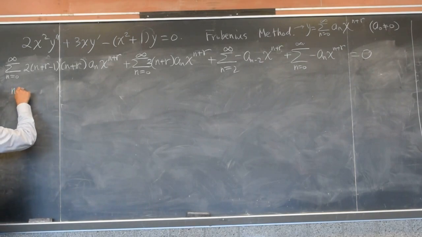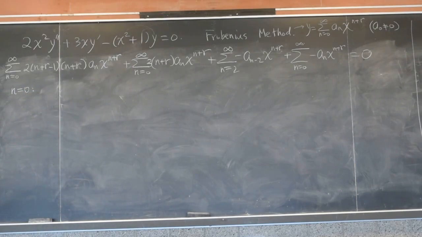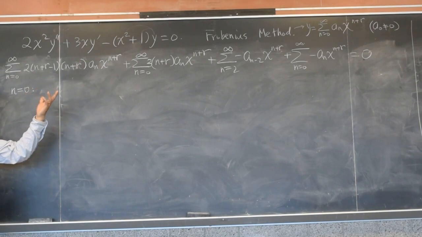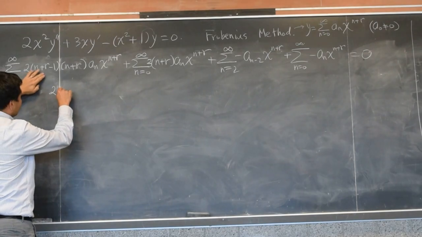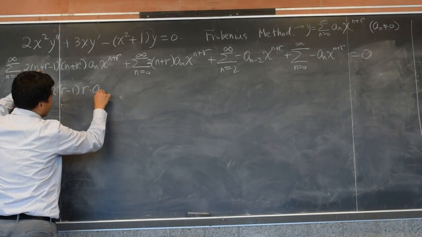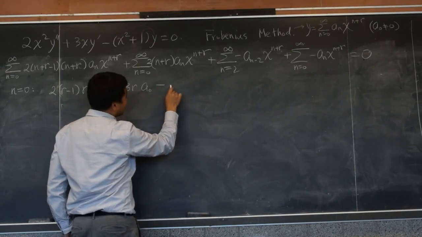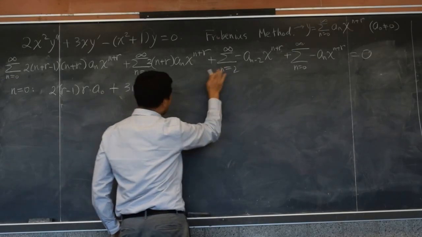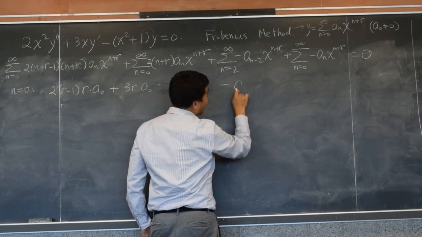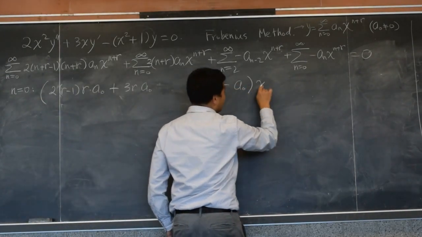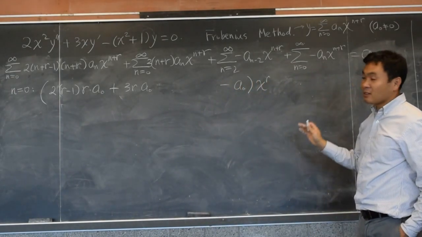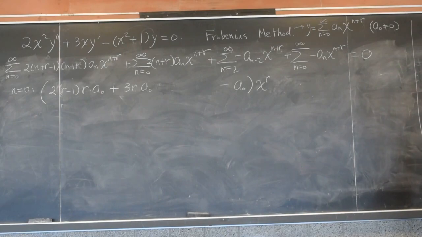So first, n equals 0. What happens at n equals 0? First, second, and fourth will produce something, right? What would it produce? It produces 2 times (r minus 1) times r times a0, plus 3 times r times a0, minus, this is nothing, so this one doesn't produce anything, but then this last one minus a0 times x to the r is what you get when n is equal to 0. And then plus,